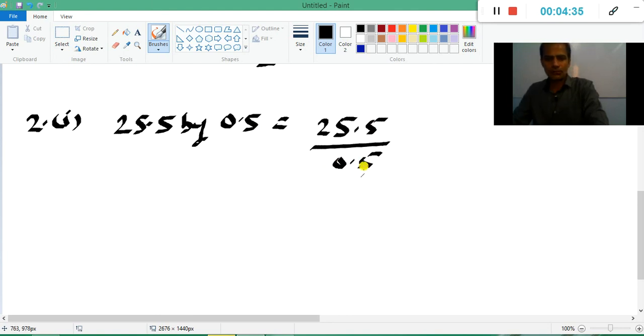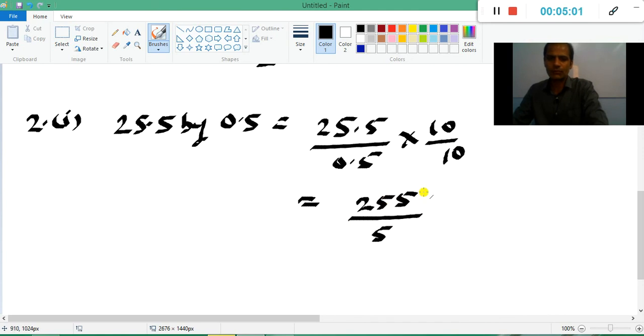So how to simplify this? You have to focus on the denominator. I am saying again, when we have the decimal in both the numerator and denominator, we will focus on the denominator only. Then what to do next? In the denominator we have one digit to the right of the decimal, so we will multiply and divide by 10. Now it is simplified as 255 upon 5. And if the division is necessary you can show it in your fair copy, otherwise not. You can do this division in your rough notebook, and you can see that the answer is 51. So the answer of the first part is 51.